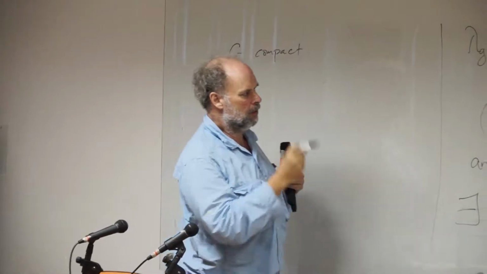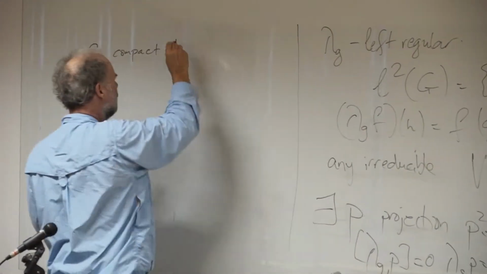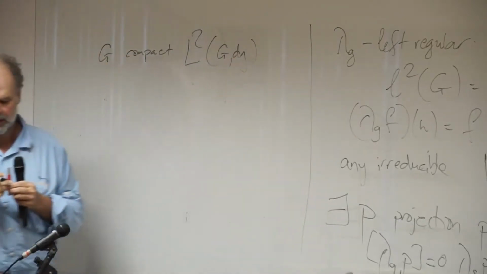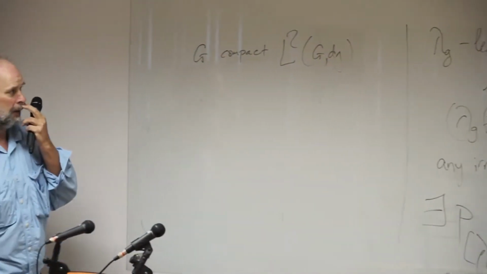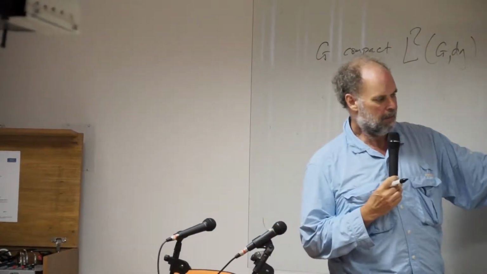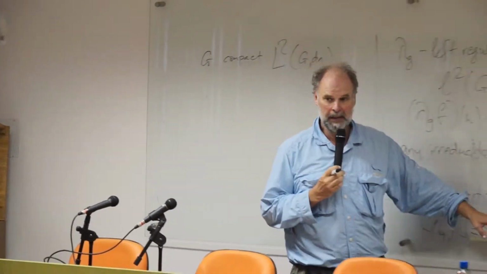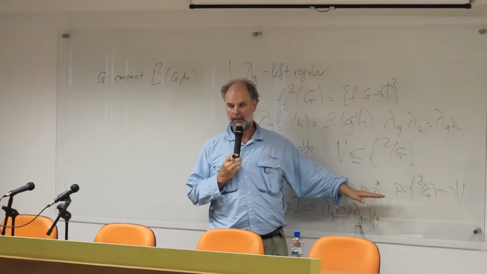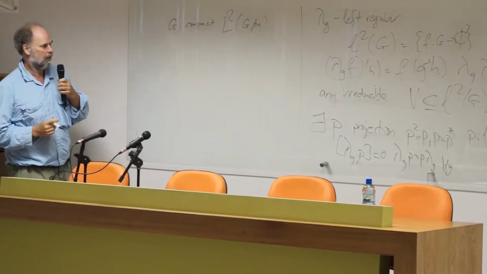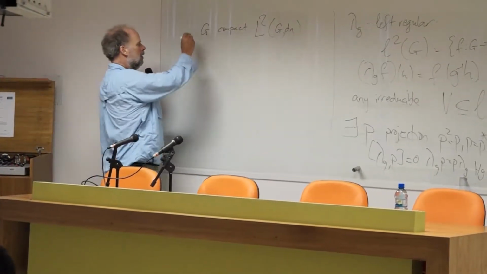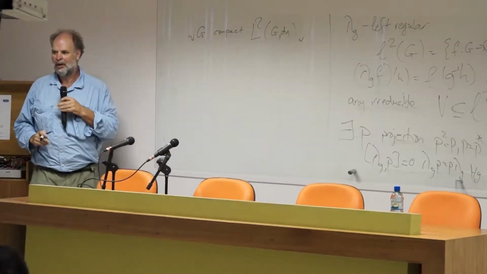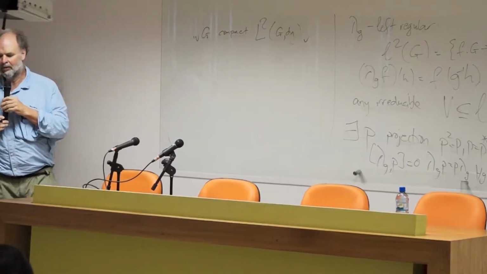The only thing we have to do is replace little L2 by capital L2. We know that there's a left invariant measure on the group. We can form the capital L2 space, the group acts on it, and every irreducible representation can be obtained as a subspace of capital L2 of G, and all the irreducible representations are still unitary and finite dimensional. Okay, that's fantastic. That's more than one could hope or pray for, but it's true if G is compact.